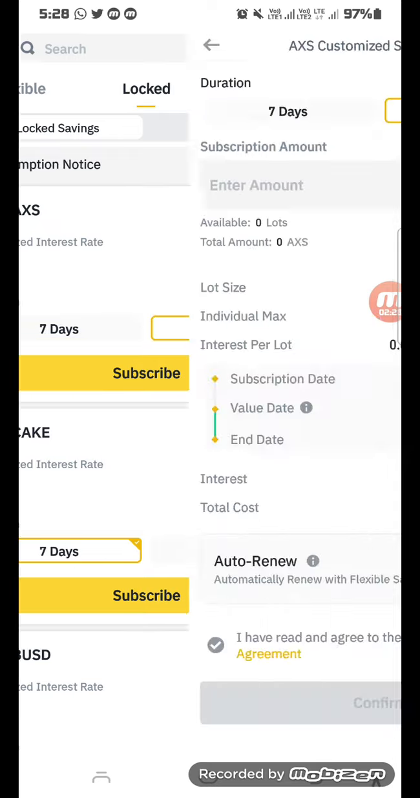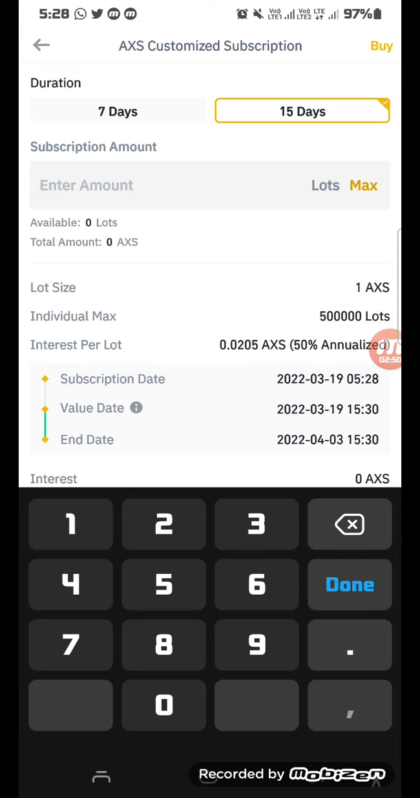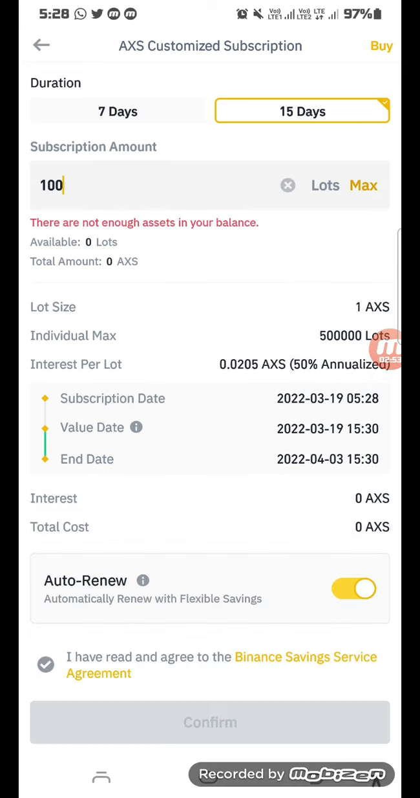Click on subscribe. I am just making an example for 15 days. So, subscription amount: how much AXS you want to subscribe. Here it says minimum 1 AXS you should hold. I'm just putting in 100. I don't have enough balance, but I'm just clicking 100. The lot size is 1 AXS, with an individual maximum of this many lots. So interest per lot is